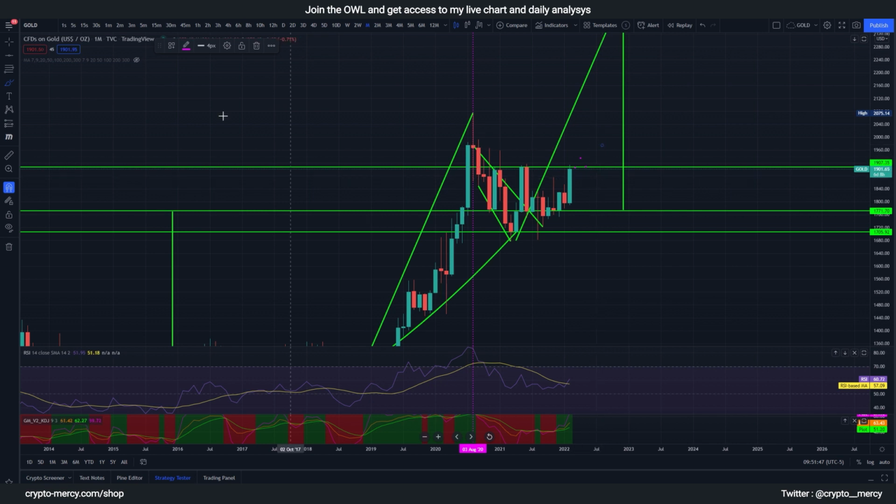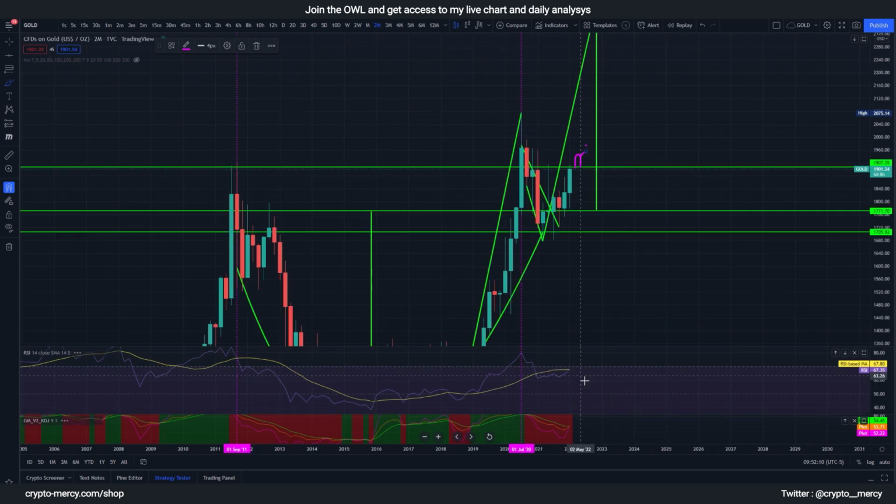Oh, this is black, I think. Sorry. Okay, right here, if we can come here and confirm this neckline resistance as new support, this will even bring more momentum. Also, we have to watch on the 2 months this possible breakout right here of the